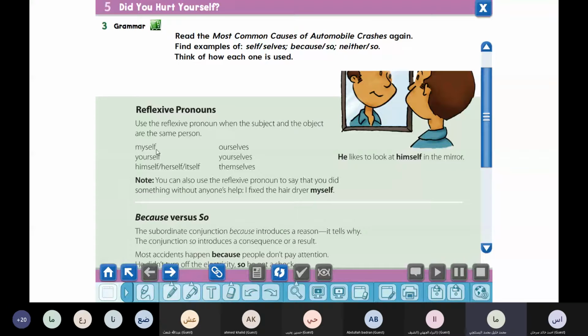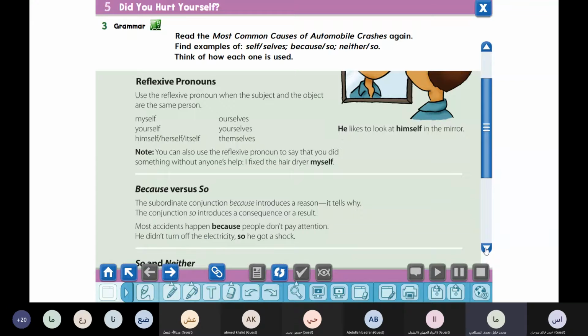So this is about the reflexive pronouns. I became myself. He, himself. She, herself. It, itself. You as singular, yourself. We, ourselves. You as a plural, yourselves. And they, if you want to talk about people, themselves. So here we have the reflexive pronouns. Now move to the next,